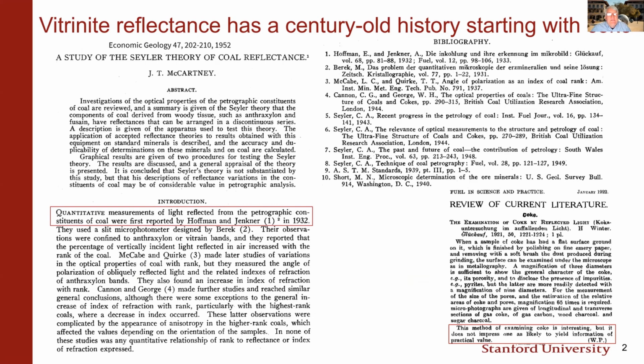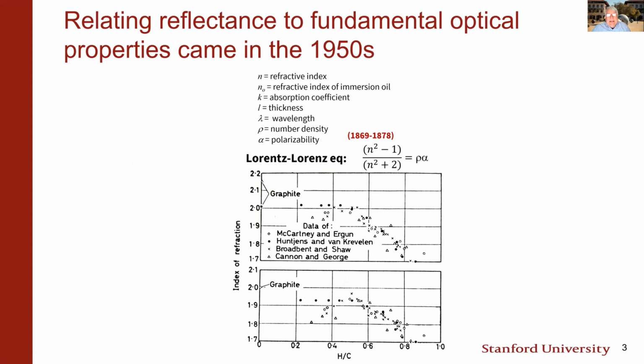A next step up is 1952, to a paper by McCartney. He reviews some of the early work that tried to relate vitrinite reflectance to the maturation of coal. The first measurements were done by Hoffman and Jenkner in 1932. The concept was elaborated and put on more solid ground during the mid-30s to mid-40s by the papers in the upper right-hand corner. And then in the 1950s, we really started getting into the fundamental optical properties that are